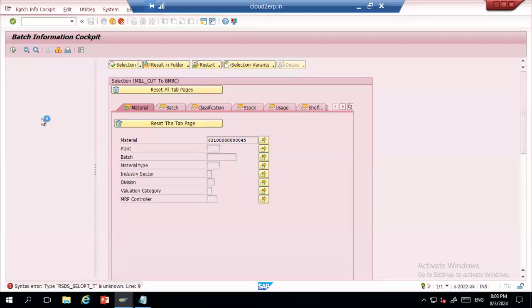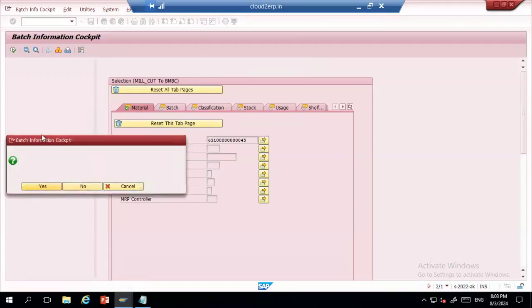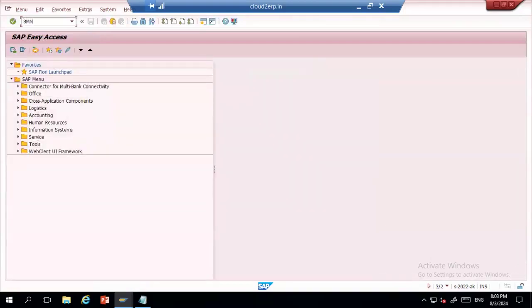So there is an issue. Okay, there is an error in this transaction, BMBC.